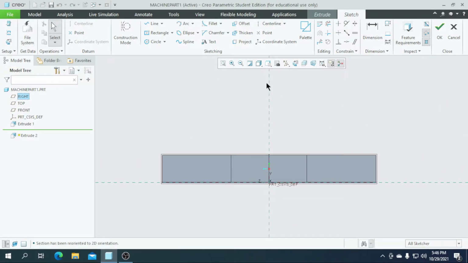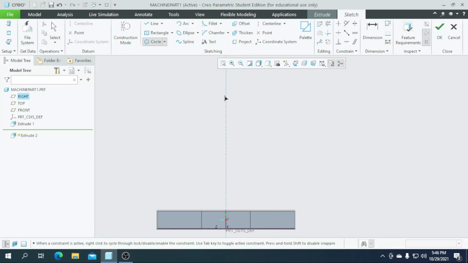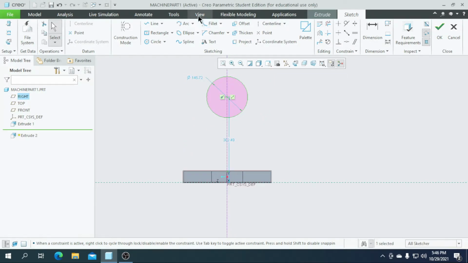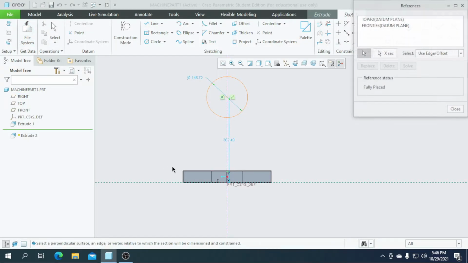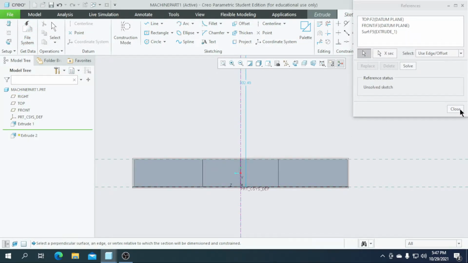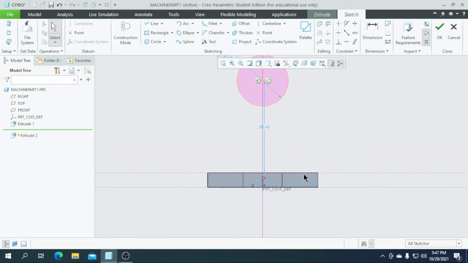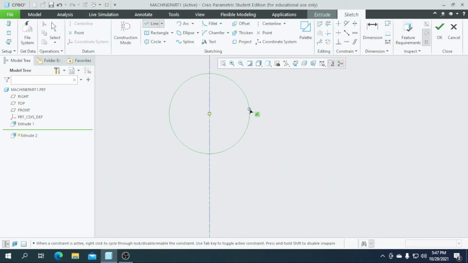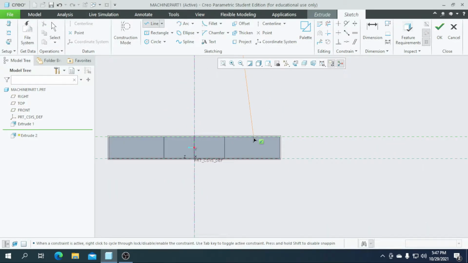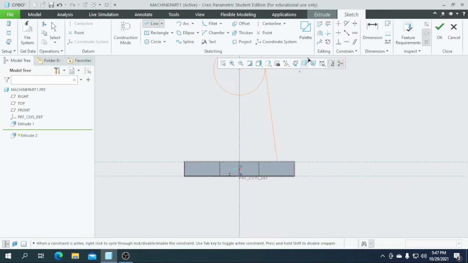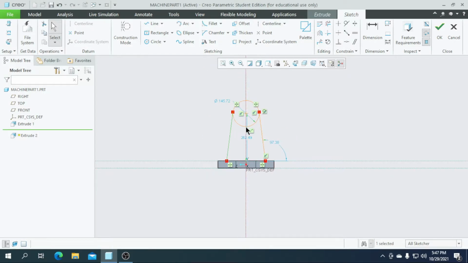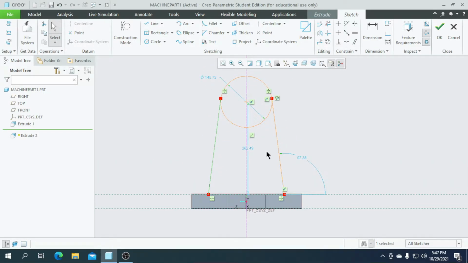Now we need to create a center line here for this vertical line, and I am going to draw a circle towards this point. Then I am going to draw a line. Before that I need to draw a reference here. So we need to draw a line from here to here, so I am adding the reference for this line. Then I am going to draw a line from this to this reference, and I am going to select this line and mirror it, or you can draw another line with the same dimensions.